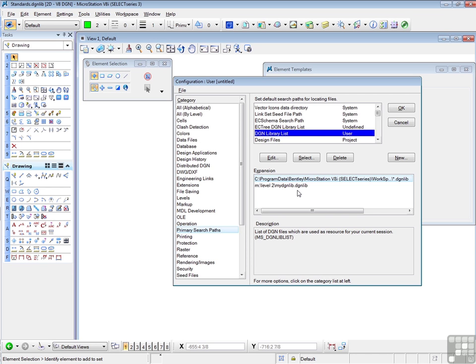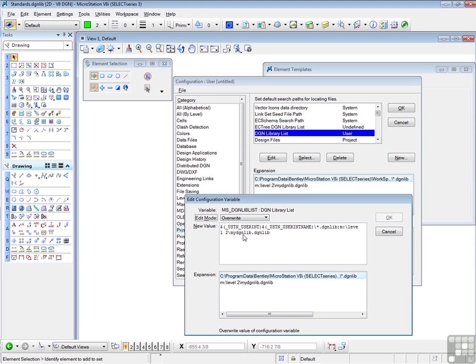But it often makes more sense to do a wholesale path where every design lib will be loaded. So I'm going to do that. So I'm going to edit, and instead of the specific file name, I'm going to place a star here. Now the star means all files. And that's what's happening actually with the default MicroStation design lib above. If you expand that, you'll see that. It's right here. So right now, any design lib in my level 2 folder will be accessible by all files. So I'll say OK,